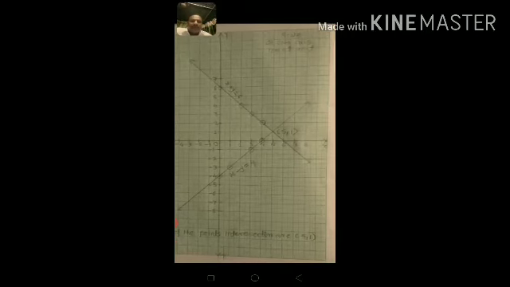In this graph, the first point is (0, 6). The origin point is 0 and 6. या ठिकाणी हा आरंभबिंदू 0 आहे आणि हा या ठिकाणी y अक्षाचा 6 आहे. आपले जे पहिले कोऑर्डिनेट्स आहे 0 आणि 6 ते इथं आपण घेतलेले आहेत. Then the second point is (3, 3). x axis 3 is here and y axis 3 is here.